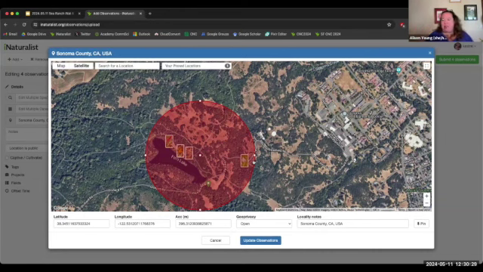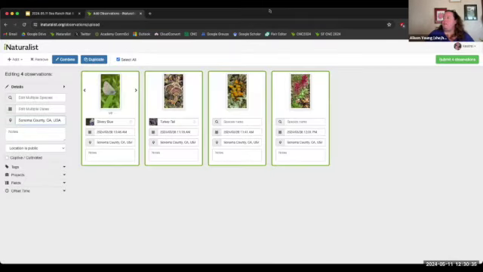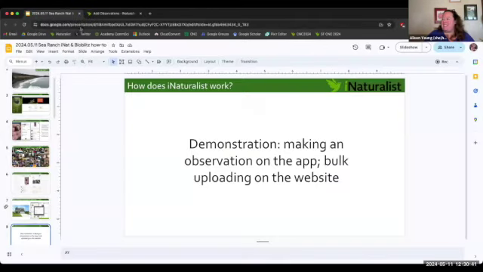So especially if you don't have a camera that has a GPS, this is a faster way to get a location attached to it. All right, so that is making observations. I'm going to switch back over to my presentation now,